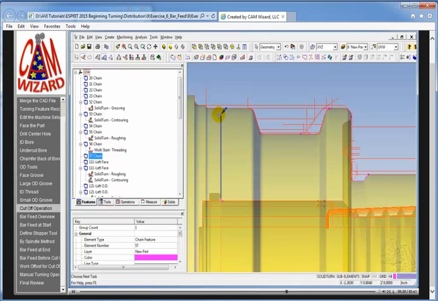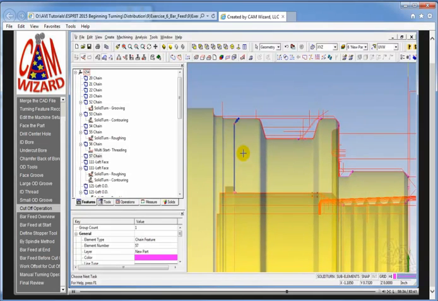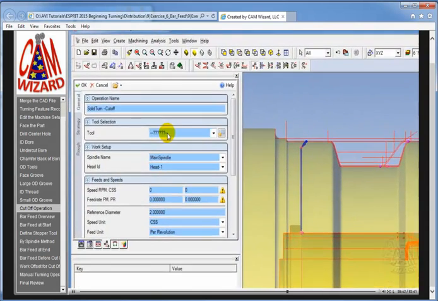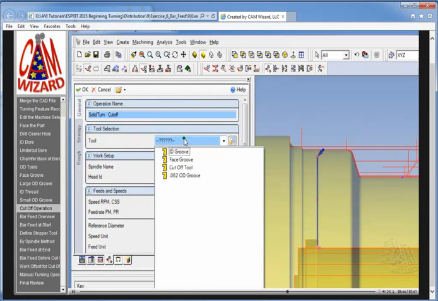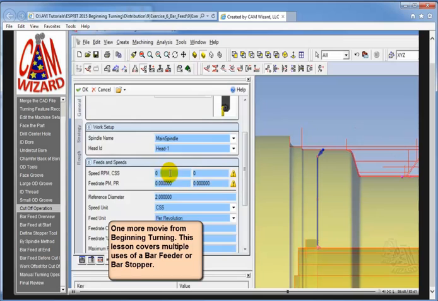Which goes down the angle, goes all the way down to here. Now what we're going to do is use that feature to do the cutoff. So we're going to go up now to a solid turn and do a cutoff operation. Now we've not done a cutoff yet, so we go to the tool, we choose the cutoff tool, we drop down, and we identify the RPM or surface footage. If you want to run surface footage, you can. If you want to rather run RPM, that's up to you. So I'll say RPM, and I'll do RPM here. I'll change my feed rate,